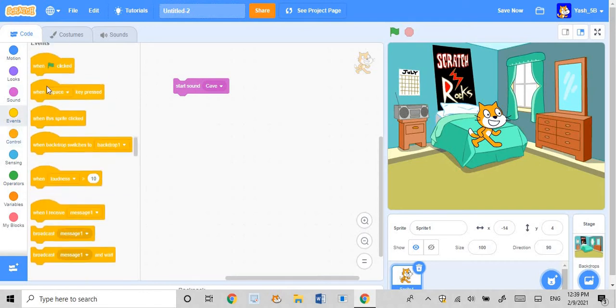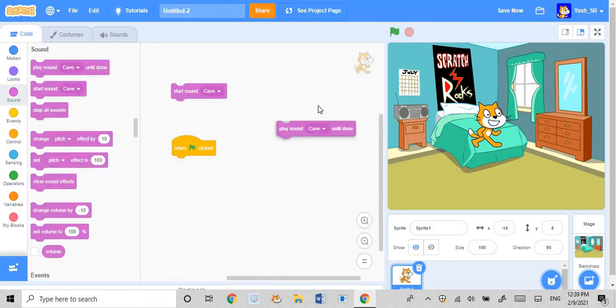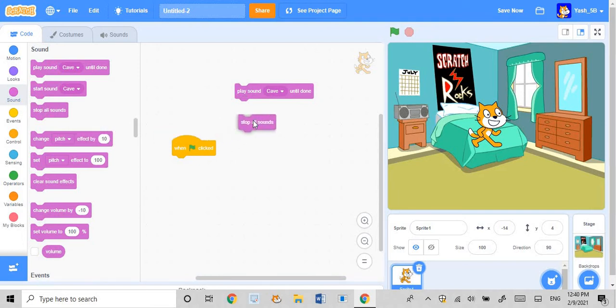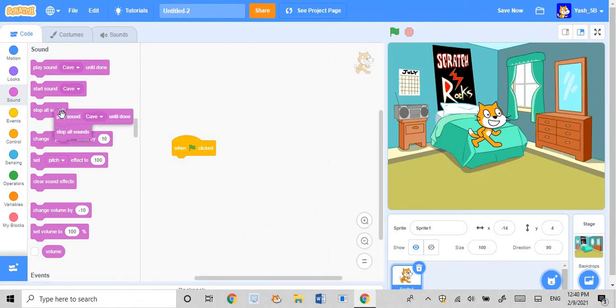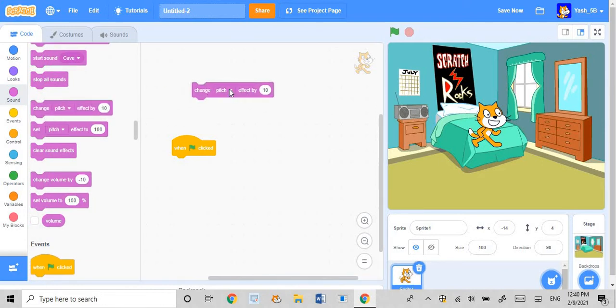But if I try to do any other thing, like this or something like that, it doesn't work. That's because this is only to start the sound. It cannot run other code, but this block runs everything. If there is anything other than this, then it will also run. So these are both blocks, and this one actually stops. I'm playing it right now, and when I click this, it just stopped. So that is the stop all sounds block. And now comes this. These are some very useful things.